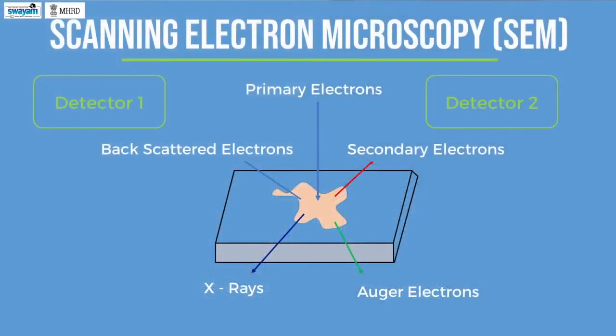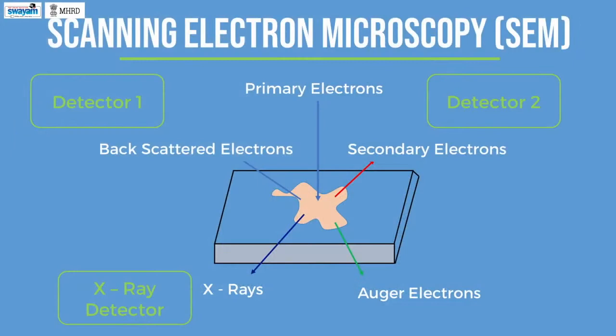or secondary electrons. Unlike the light microscope and scanning probe microscope, in SEM there can be more than one detector depending upon the need and necessity of our analysis. For example, one for the detection of backscattered electrons and another one for detecting the secondary electrons. In addition, in a modern scanning electron microscope, we can find another detector, which is generally an X-ray detector, to get insight into the composition of the material under investigation.